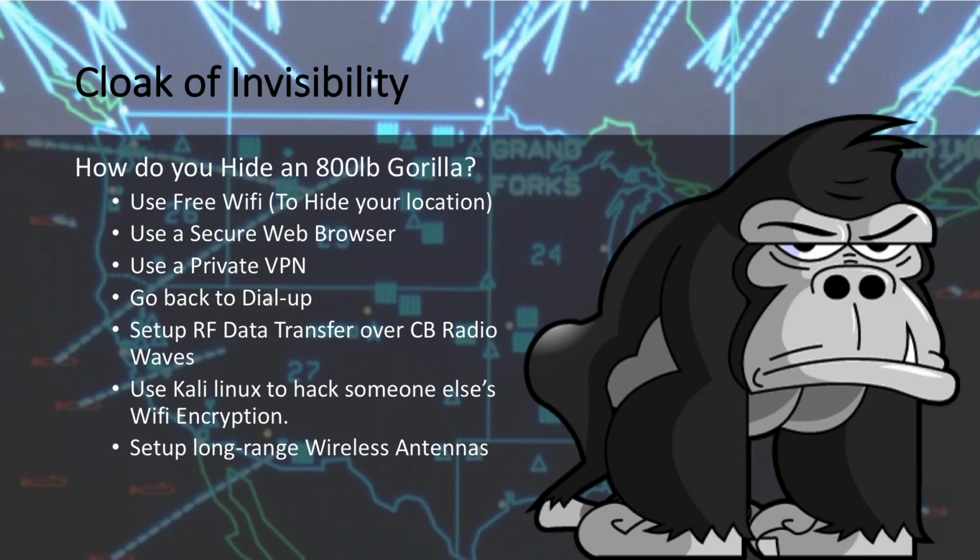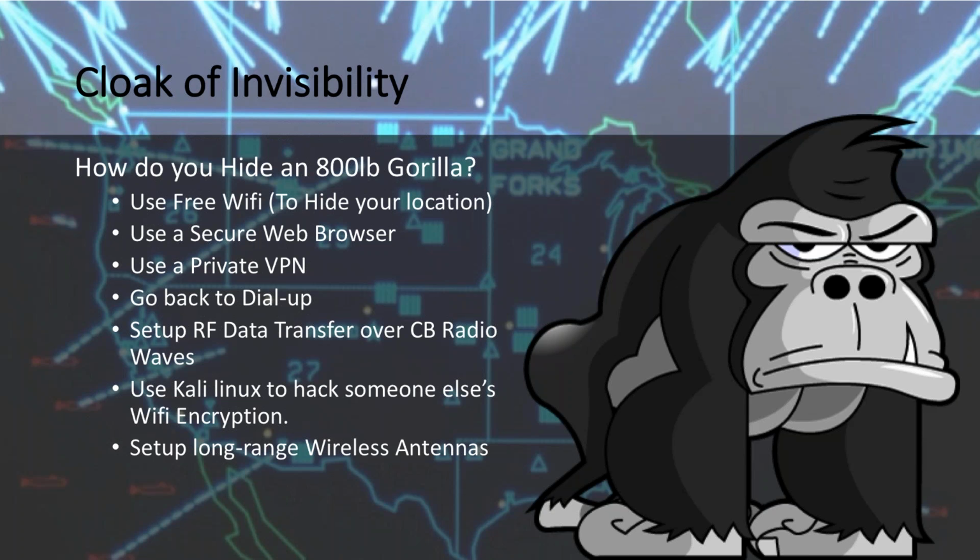One of my personal recommendations is PIA, Personal Internet Access, which keeps no logs. There's quite a few private VPNs that do keep logs, and if for some reason someone taps into that network or that specific private VPN company gets hacked, they do have your information saved. There are some that don't. You can go back to dial-up because the best way to be anonymous is to start using technology that no one uses anymore because no one knows how to work it. Or monitored, for the most part. Yeah, no one monitors dial-up activity that much anymore.